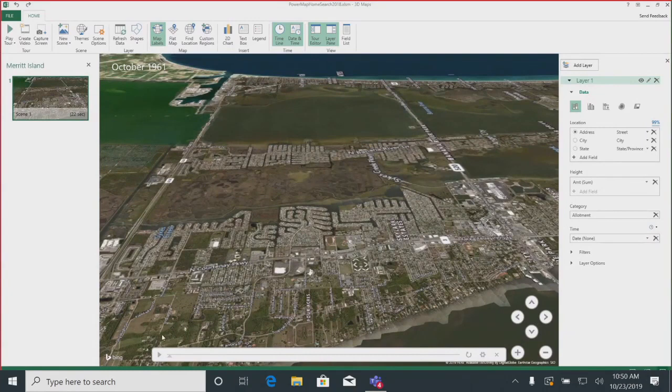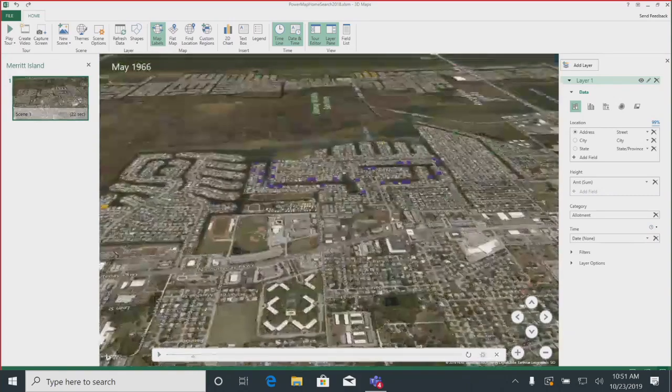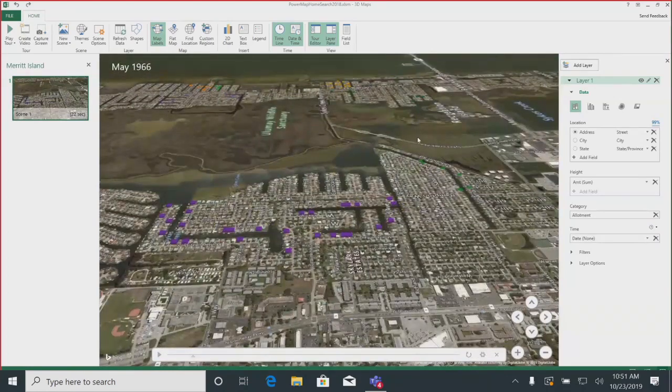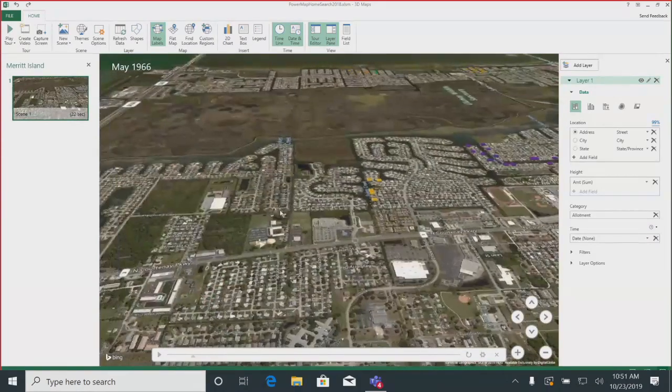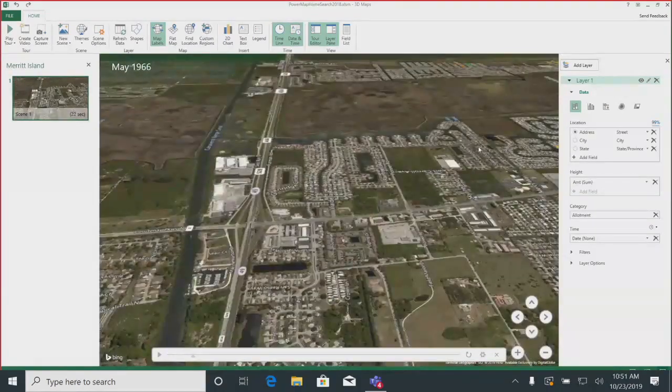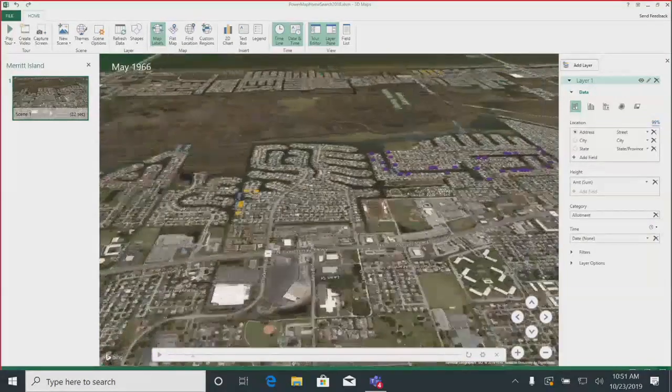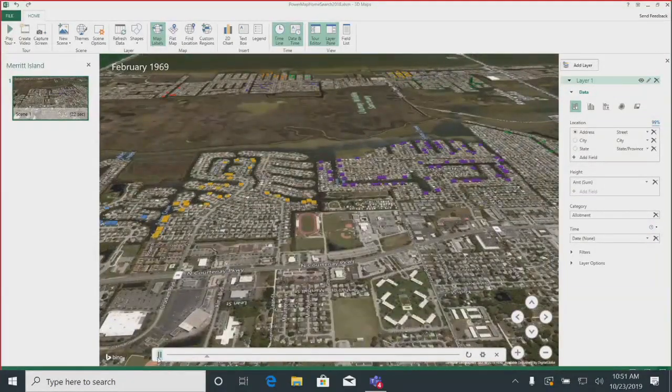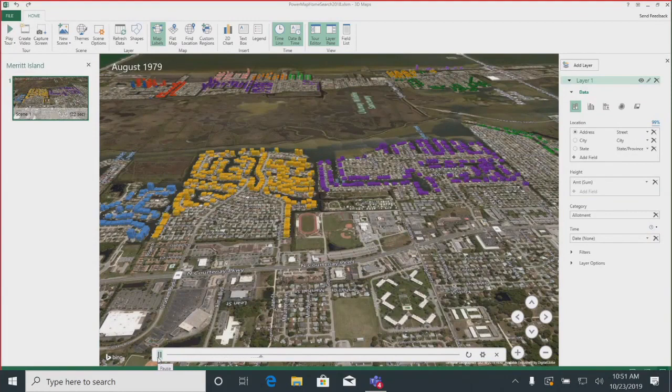And so I'm going to click the scrubber down here and let this data animate over time. And because I know the data pretty well, I know where to look where these first houses are built, the first purple houses here and some of the green allotment by 1966, and just a few of the yellow houses and nothing up here yet. So I can watch this neighborhood get built over time, right, and really understand which neighborhoods are the oldest, which ones are the newest houses.